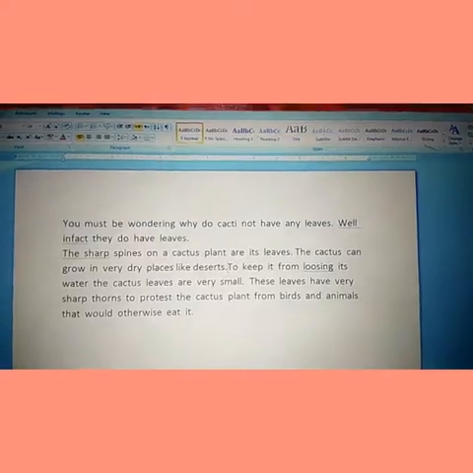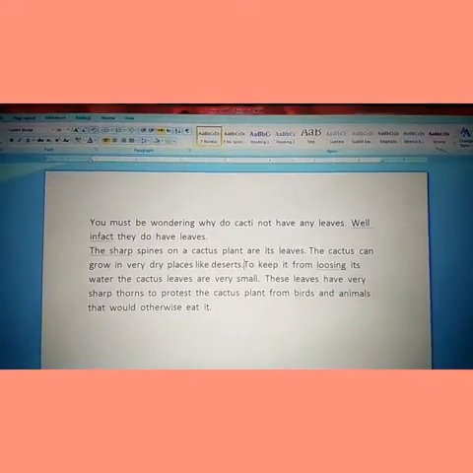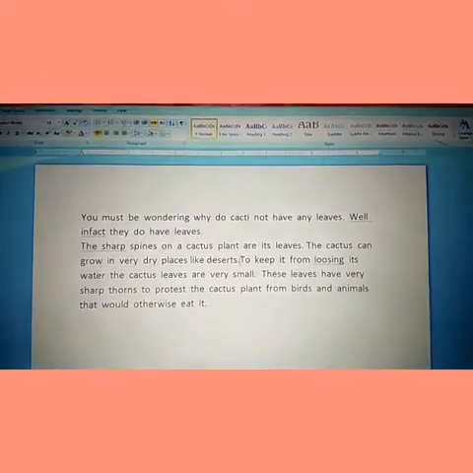So I added this one line in this paragraph.